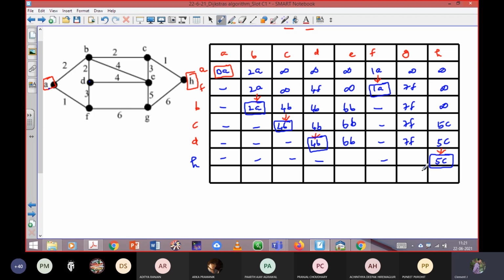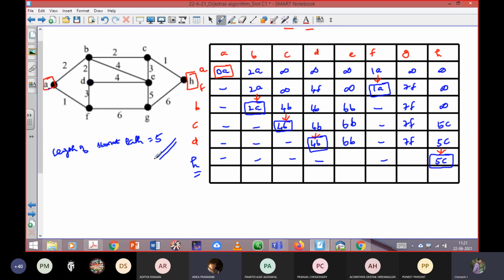Now you can understand. See here, it is showing the answer to reach vertex H from the vertex A. It is showing the answer as 5. So the answer is the length of the shortest path. You need to mention that the length of the shortest path is 5. That is the answer. Here you also need to mention the exact path, so that is very easy. Now we can trace back the path, right?